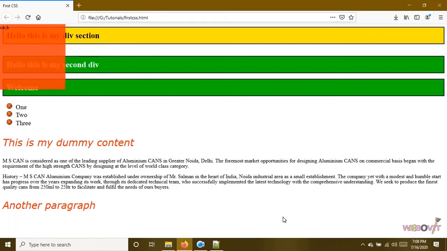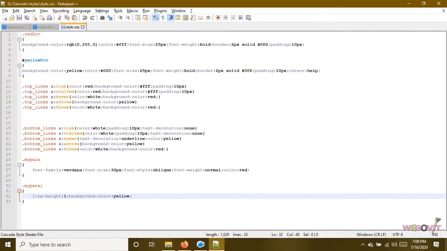We have set this file. Now if we see the preview, the background color of that paragraph is yellow. Now I want to increase the space between each and every letter. Similarly, like we have increased the space between the lines, we can increase the space between each and every letter as well. So for that purpose, what I will do,